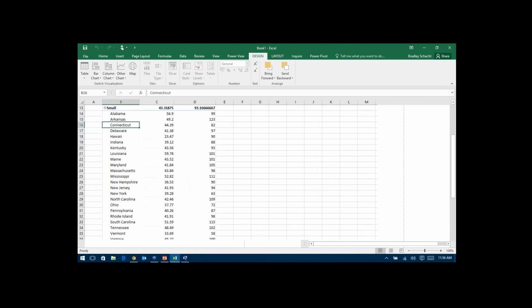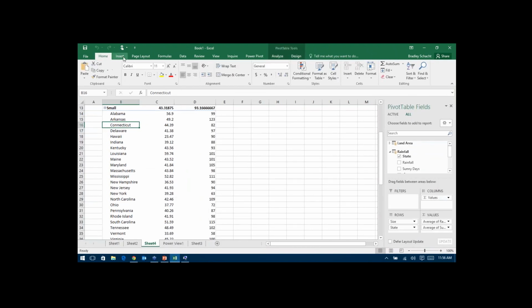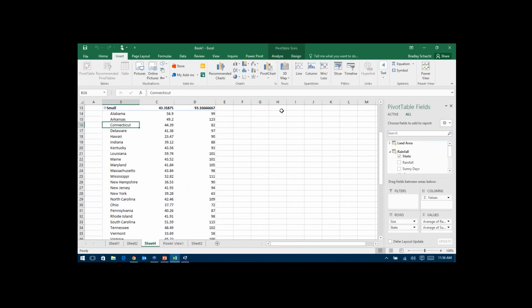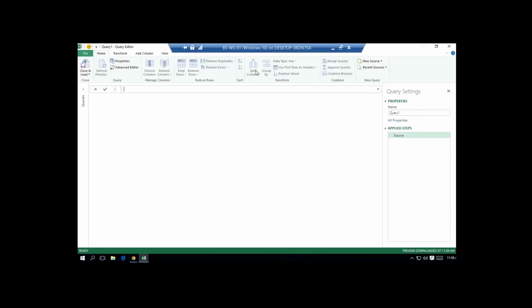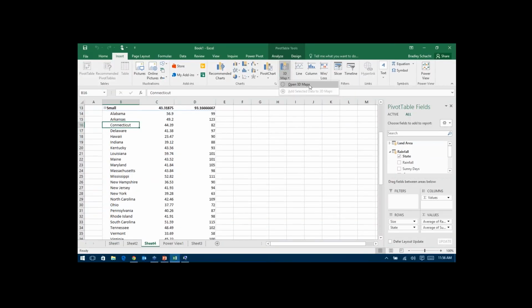The last thing I'm going to show you guys real quick in just the last couple of minutes here is Power Map. This is called 3D Maps inside of 2016. If you're in the 2010 or 2015 environment, it's the same location. It's still on the Insert tab, except it's called Map, and then it says Launch Power Map. So just a little bit different naming inside of the 2016 environment. Here it doesn't say Power Map, it says Open 3D Map. So 3D Map in 2016, Power Map in the previous versions.